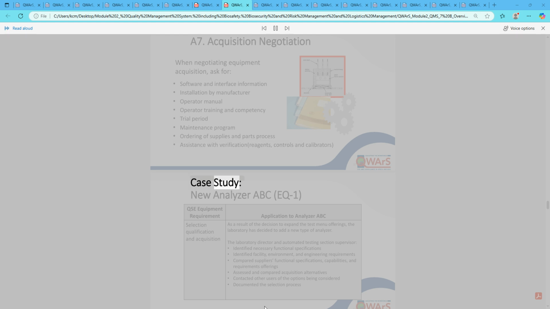Case study: new analyzer ABC, EQ1. QC equipment requirement application to analyzer ABC selection, qualification and acquisition. As a result of the decision to expand the test menu offerings, the laboratory has decided to add a new